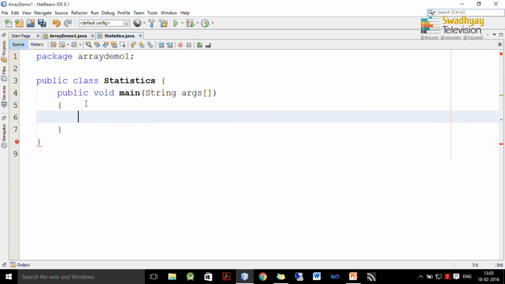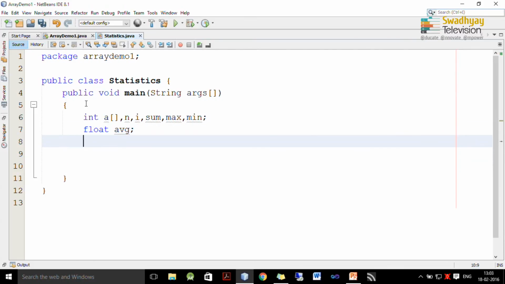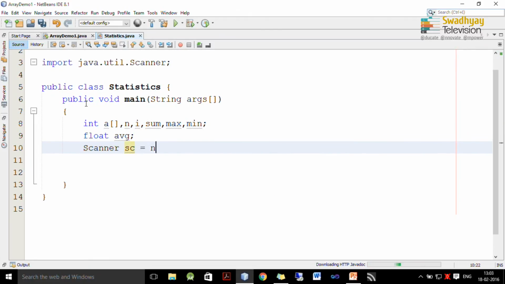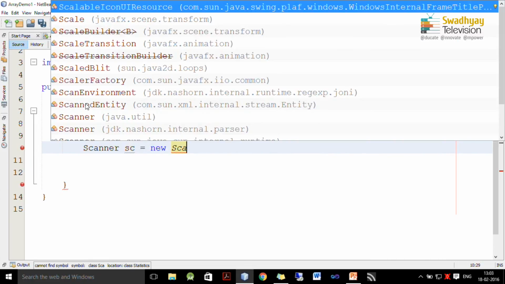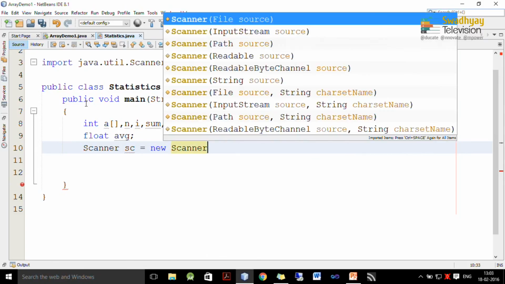and here I declare one array, then n, which represents the number of elements inside the array, i for iteration, sum, max, min, and we declare a float variable average because it might take a fraction. We also declare one Scanner object to read data from the user. So, here we declare the Scanner class object and initialize it